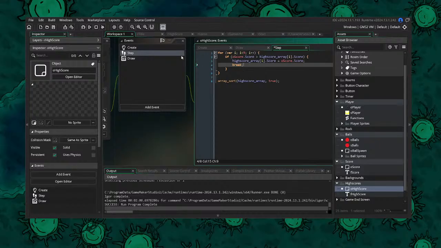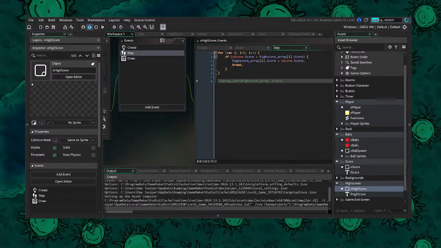I'm pretty sure, but I'm not entirely certain. And I feel like this array sort thing isn't really doing me any favors. So let's